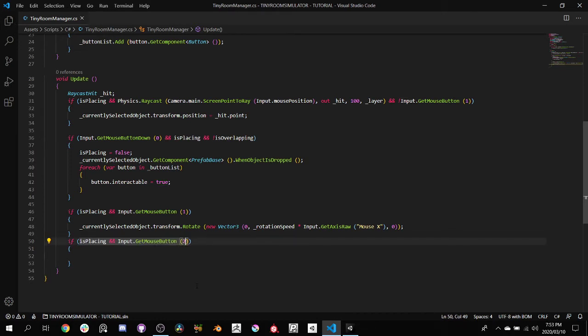Remember, 0 is left mouse button, 1 is right mouse button, and 2 is middle mouse button. So if this is the case and this is true, I want to just delete the object. Remember, we have a reference to the currently selected object. So we're going to grab the currently selected object,